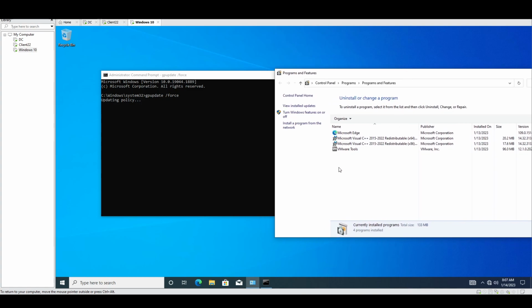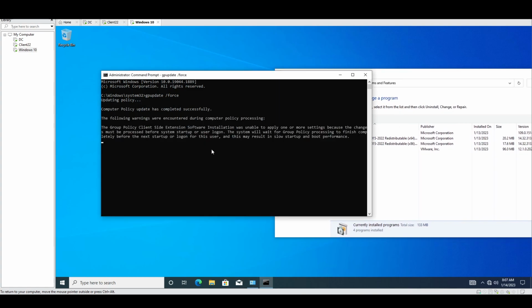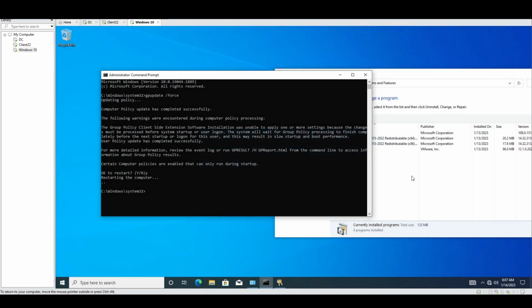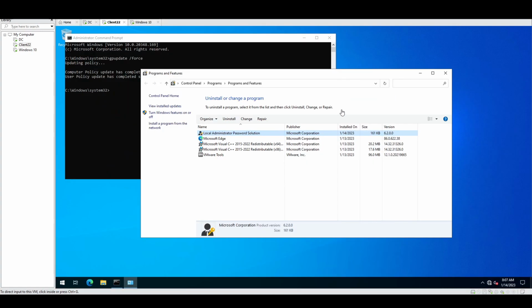As the Labs tool is not installed, it should ask me to install the software. Yes, it is asking for software installation. So just press Y and it will sign you out from here and install Labs on the next reboot. Meanwhile, what we will do is try to log in on